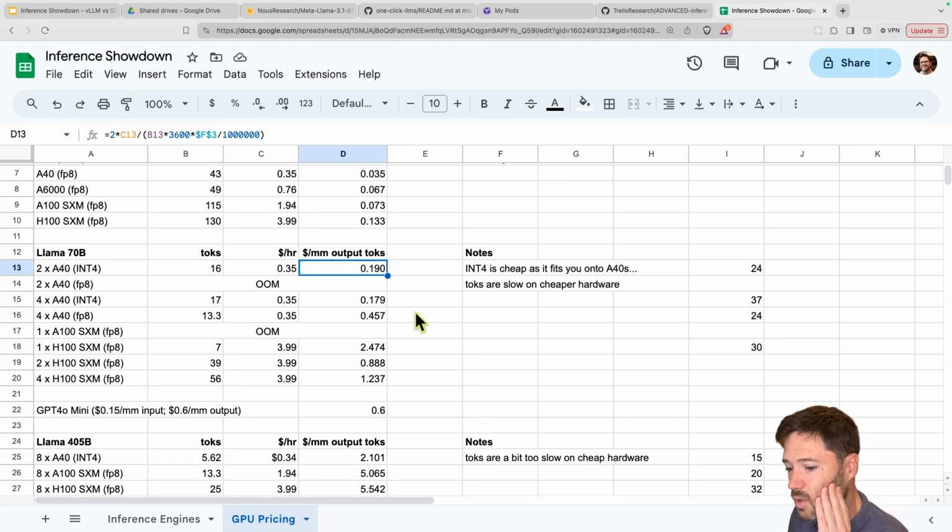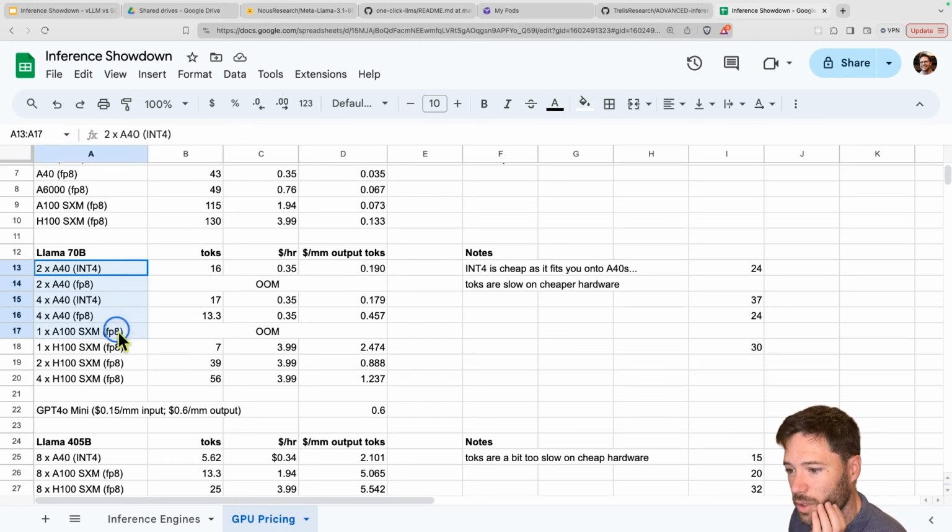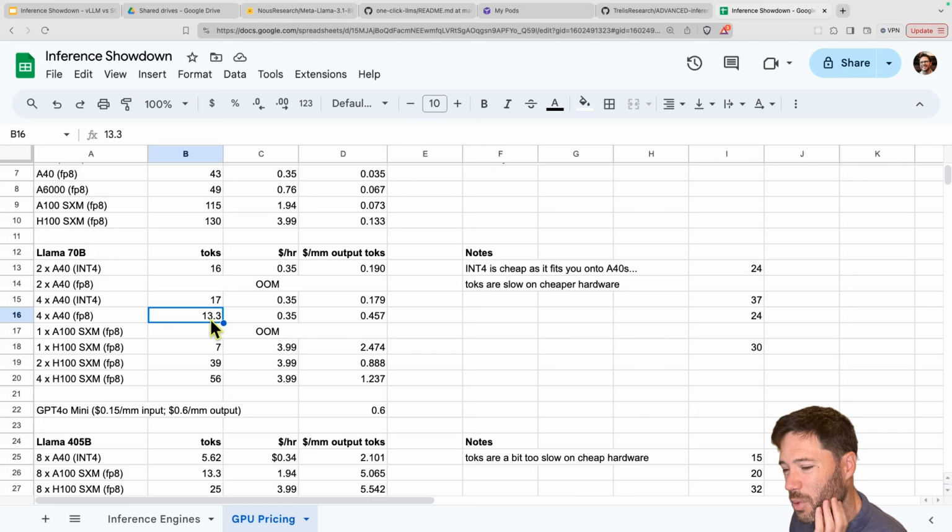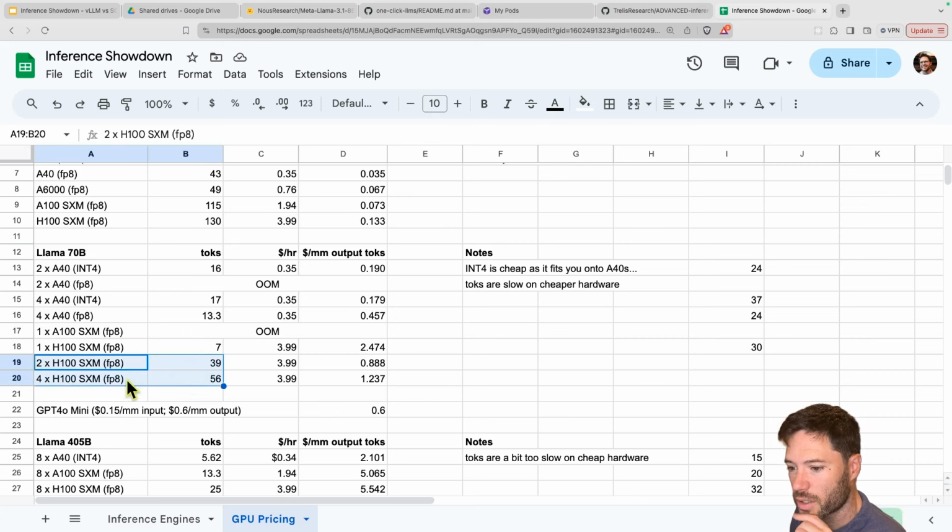Now, one of the issues with using these cheaper GPUs is that the tokens per second that your customers will get are quite poor. Like when you're down at 16, 17 tokens per second, I know it's a large batch size, but still that's a kind of slow experience for customers. So if you want to get better tokens per second, that's where you're forced to use more GPUs. You could also try out 2 A100s. I tried out 2 H100s and 4 H100s, and you can get up to some very nice inference speeds, albeit